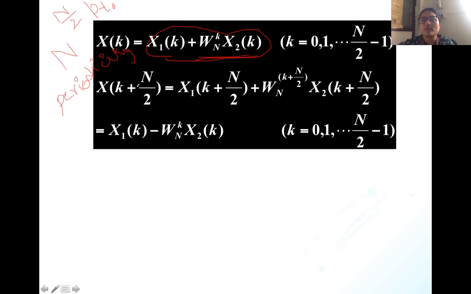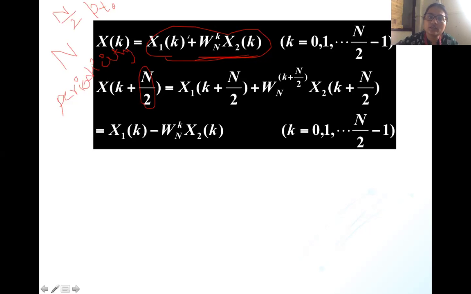So k is replaced by k plus N by 2 because I want to calculate the remaining values. I have calculated the half values for the DFT, but I have to calculate the remaining values. For that purpose, I have used the periodicity property. For each and every sequence, I have added the fundamental period. What is the fundamental period? Here it is N by 2, because earlier I calculated the N by 2 points, but the remaining points I want to calculate. So this fundamental period N by 2 is now added to the DFT value.